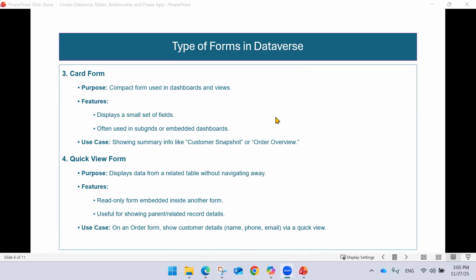Then next is the card form, a compact form used in dashboards or views. Yes, definitely we will see how to create a dashboard and how to add that, or even how to add the web link and so on in our model-driven application. So we will go step by step. So let's first understand